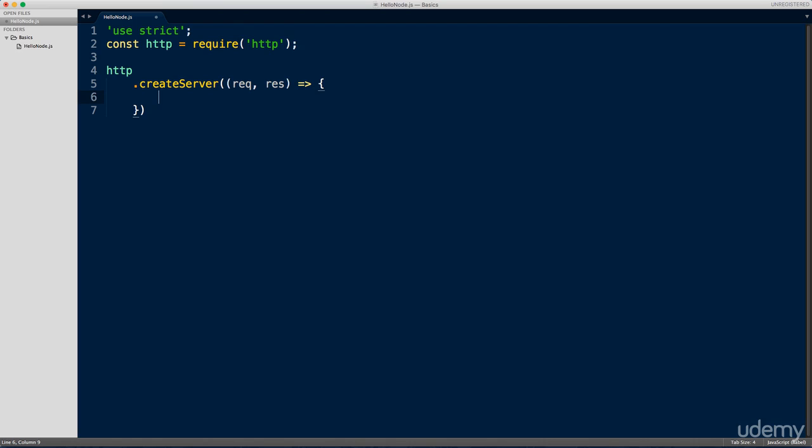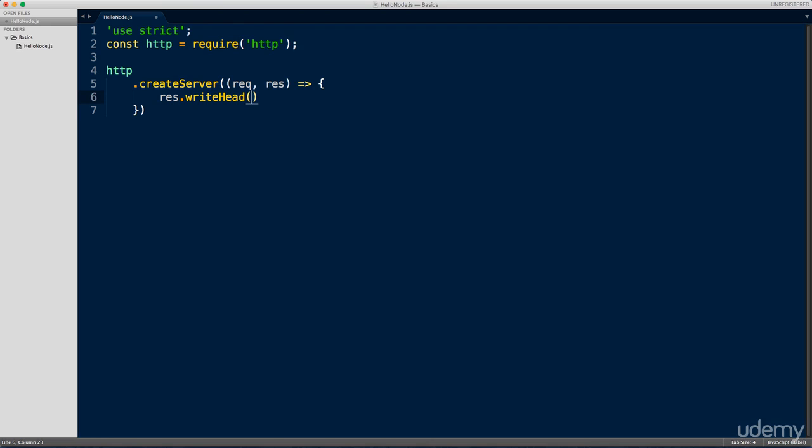Now this server of ours will just send back an h1 tag with the text hello Node.js to the user. So there isn't much technicality that we will get into. Therefore, the next thing that we'll do is access the response object by using the res variable and access a built-in method called writeHead. Now remember when I said that the server sends an HTTP status code and a header before sending in the actual data? So this is what the writeHead method will accomplish.